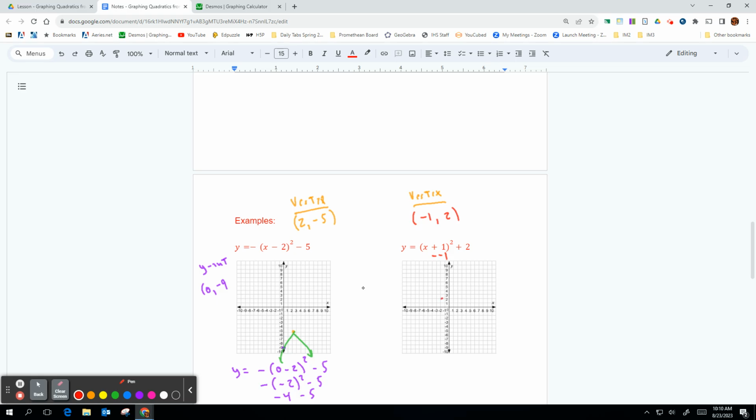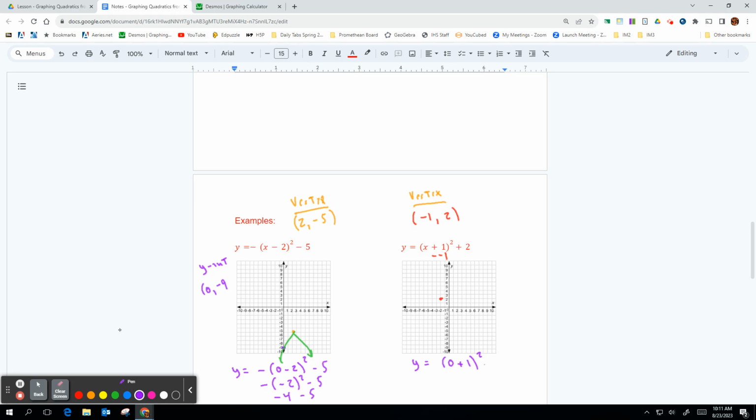So right there. I'm not done, because I don't know: does it open up? Does it open down? Is it wide? Is it skinny? I don't know. But I could use that same idea. All I have to do is put 0 in for x. So that's kind of nice. Let's see what happens when I do that. If I put 0 in for x,